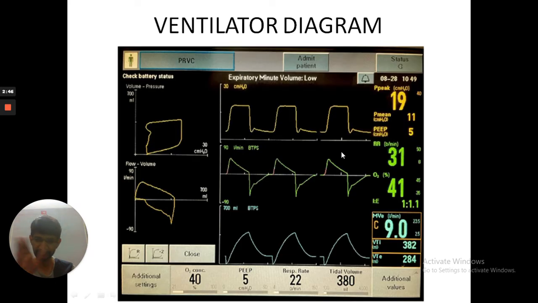See, this is a ventilator diagram, a pictorial representation. You can see the mode is PRVC mode. This is a Maquet type of ventilator, where the PRVC mode is already available. If you don't have it, go to volume control mode and turn the auto flow on. The first one is pressure. Second is a decelerating type of flow pattern. We are talking about flow pattern. It is decelerating, and here is the desired tidal volume. You can see down here the tidal volume is set, that is 380 ml. PEEP is 5, respiratory rate is 22, and P peak is 90. With minimal airway pressure, the desired tidal volume is achieved. That, in short, is the meaning of PRVC.